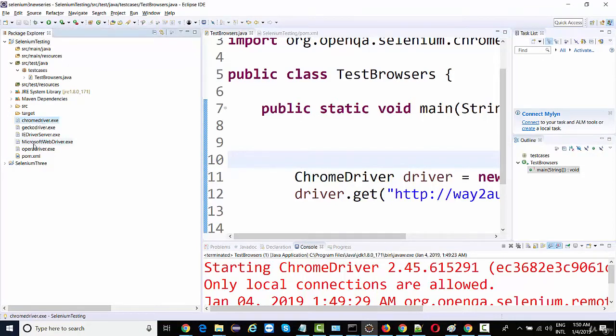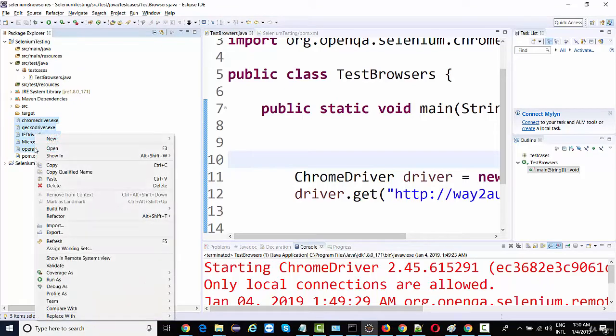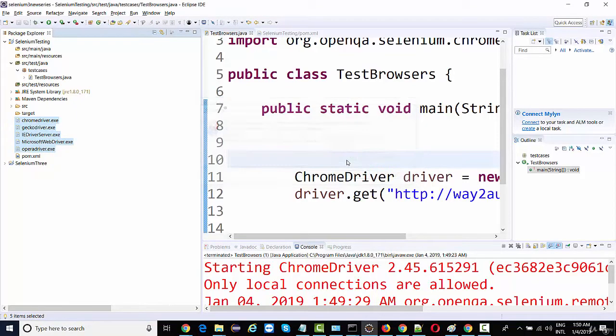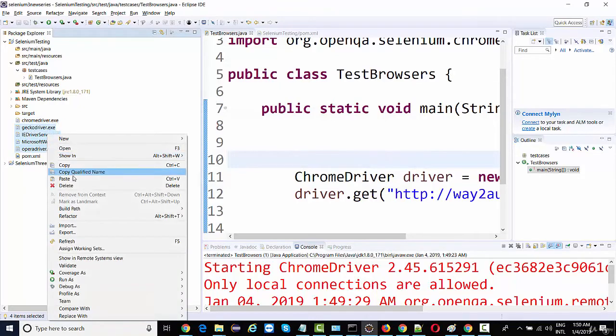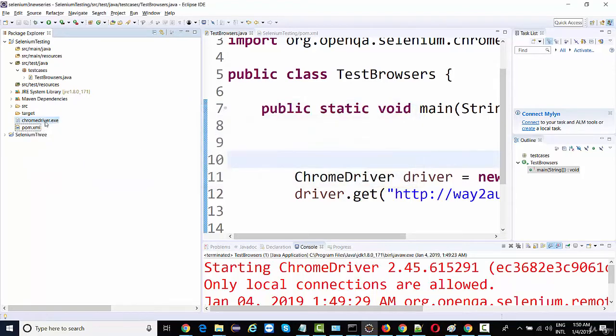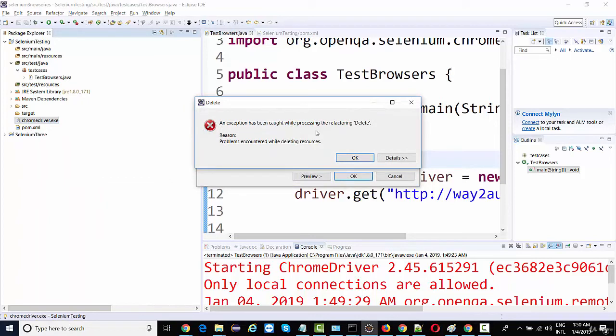So what I can do, I'm going to delete all these things once again. See, at times what happens, I'm not able to delete it. I can delete all these, but this is not getting deleted. I'm getting an error that it could still be in use.